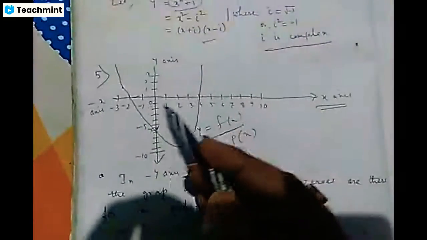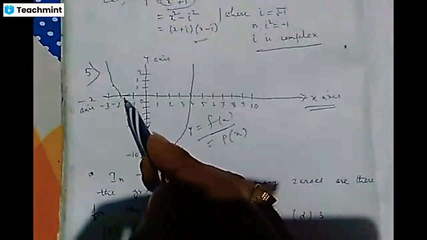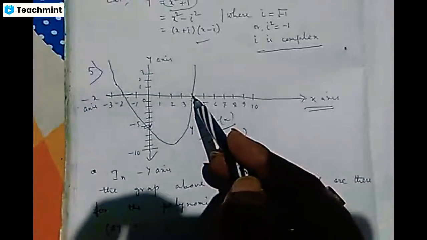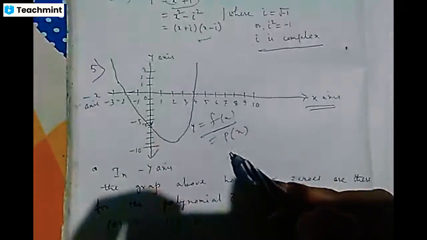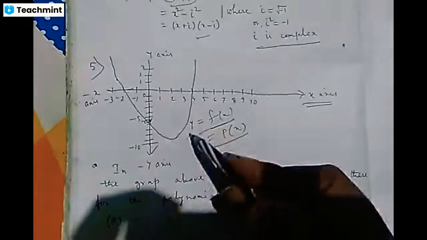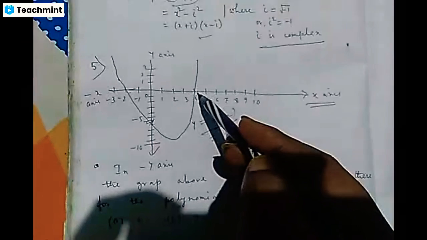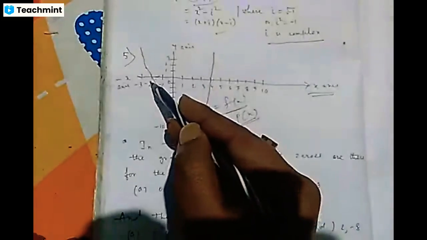Now, another question also asks what the zeros are. So you can find out that the graph touches at the -2 point and at the +4 point. So -2 is the zero of the polynomial y is equal to fx of this curve, and x is equal to 4 is also a zero of the polynomial px. So there will be minus 2 and 4 as two zeros for the polynomial or for the graph. So minus 2 and 4 are the zeros of the curve. So these are the solutions.